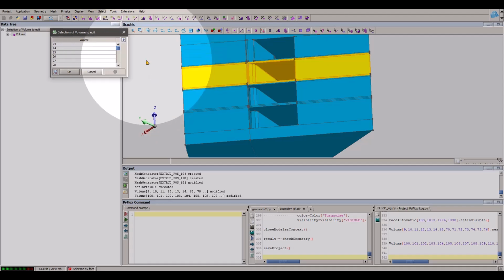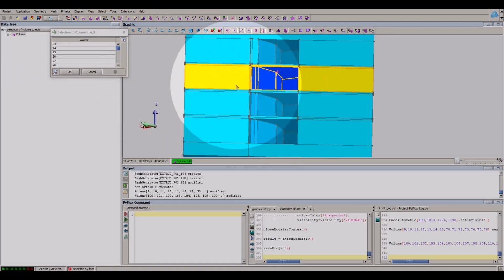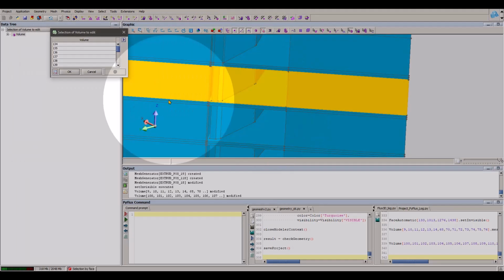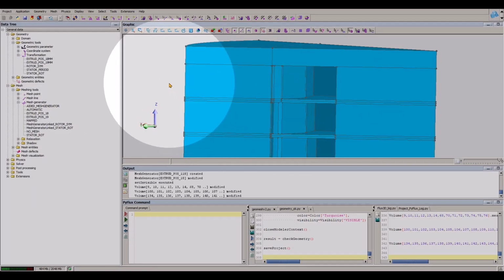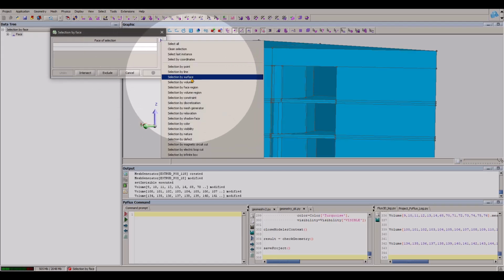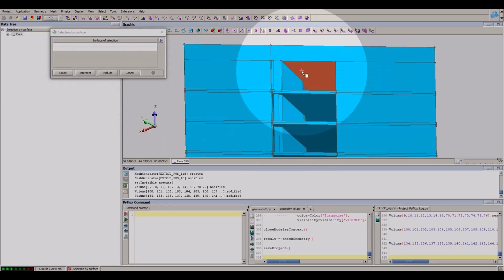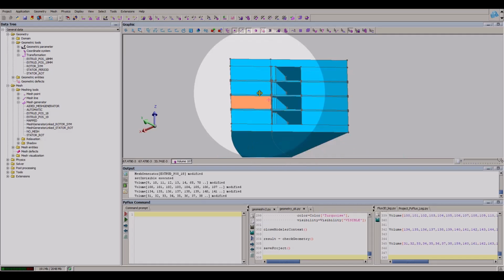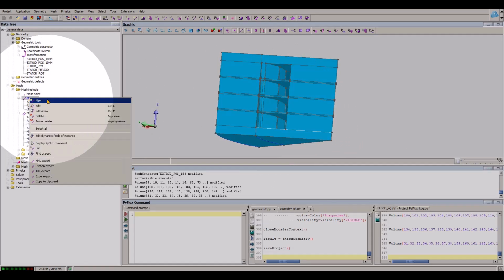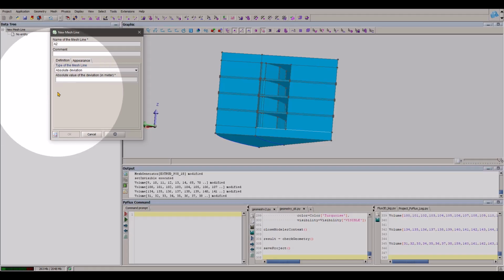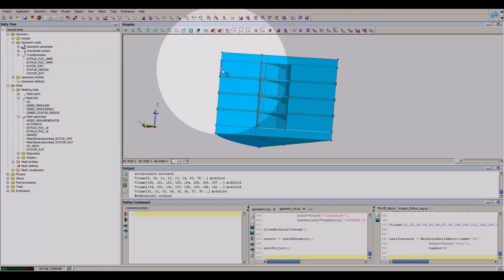and I can assign them the corresponding mesh generator extrusion I created. I go faster here because it's exactly the same process. I use the selection by relation in order to select the volumes I want for each layer. Okay, then once we assigned this volume extrusion mesh generator to the selected volumes,